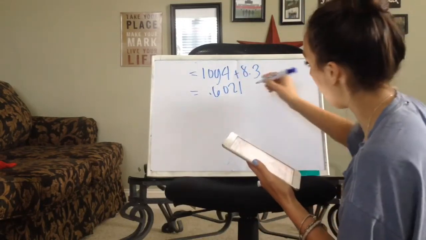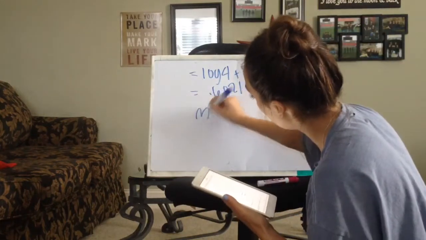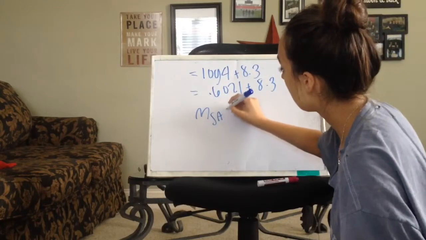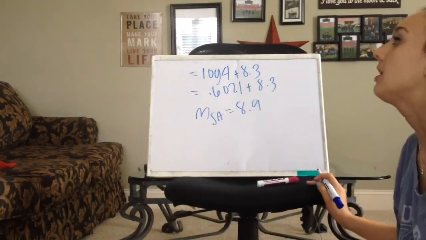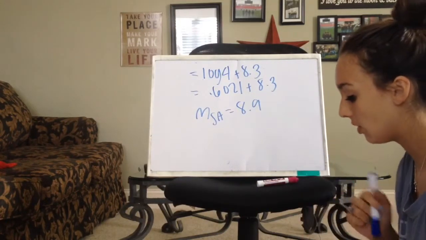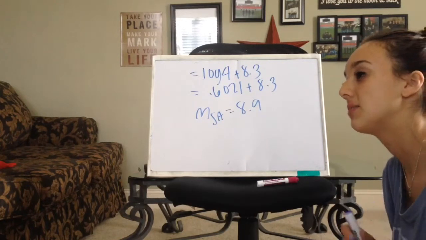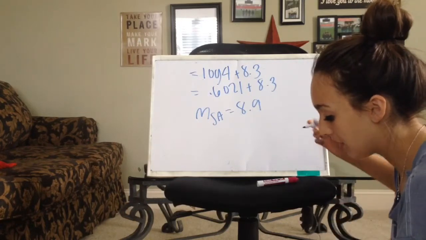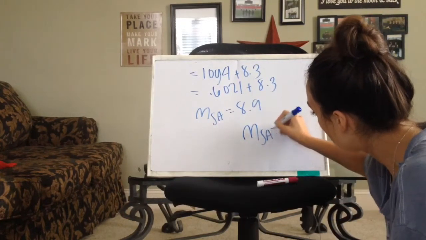And then once you get that, you're going to add that to your 8.3. And then the magnitude of the earthquake in South America will equal 8.9. So honestly, the only tricky part about this is figuring out which numbers to put where. And the formula is actually very self-explanatory because it's saying, perfectly, the measure of South America equals